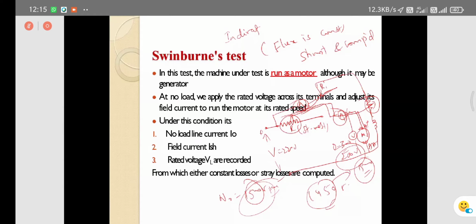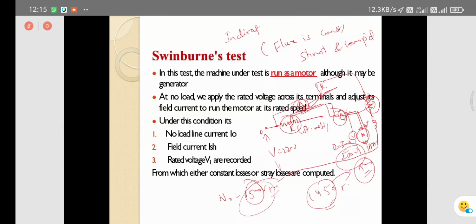After getting the rated voltage and rated speed, you can measure with the ammeters: line current and armature current. Otherwise you can take the field current also. You can take this ammeter here also, so you can take 0 to